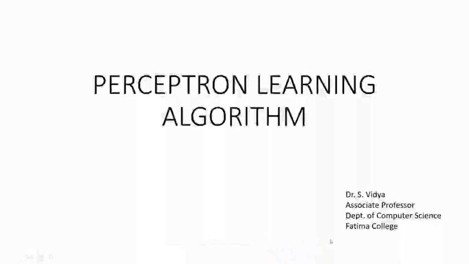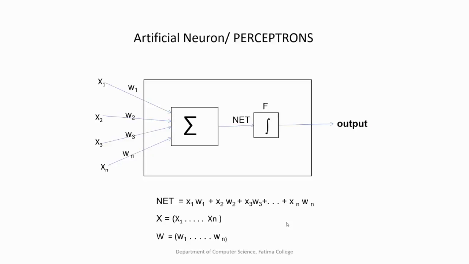Greetings to you all. In the earlier class, we had been learning about how a neural network is simulated, how the real human brain, which contains all the neurons, is being simulated, and how the perceptron was modeled. So this is the artificial neuron, which is the perceptron, modeled with all the weights and inputs. You have a weighted summation, and this crosses through a threshold F to produce the output of either a 0 or a 1.